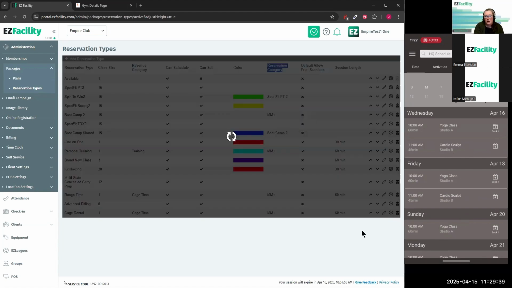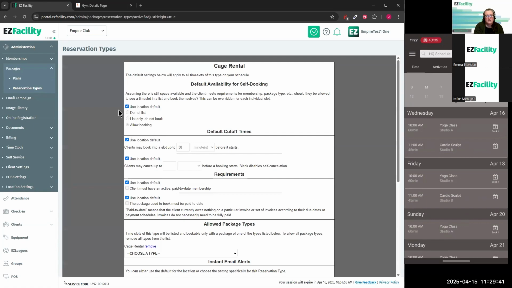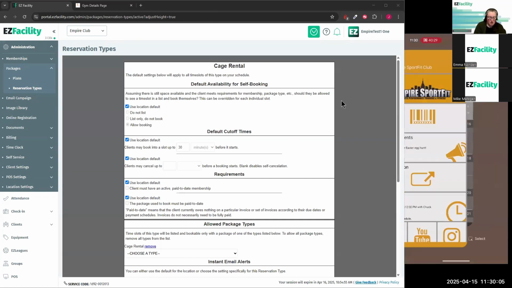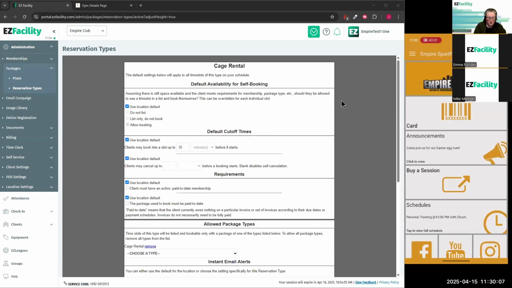So if I open up one of these here, we're going to see our self-service options, where we have list only, do not book, and that is what our cardio sculpt is written as. The allow booking is what yoga class is listed as, so that they're able to see it and they can book into it. So as you can see here, if we go to our schedule, let me go ahead and switch apps again, and if we click on our schedules,